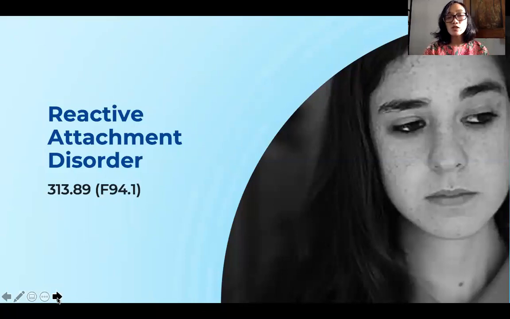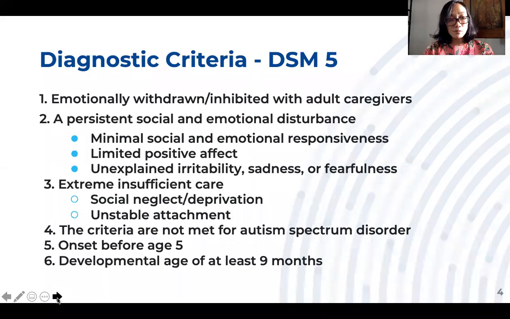So this disorder is actually a rare but serious condition in which an infant or young child doesn't establish healthy attachment with parents or caregivers. This disorder may develop if the child's basic needs for comfort, affection, and nurturing aren't met by the caregiver. The symptoms of reactive attachment disorder vary from child to child, but according to DSM-5, infants or young